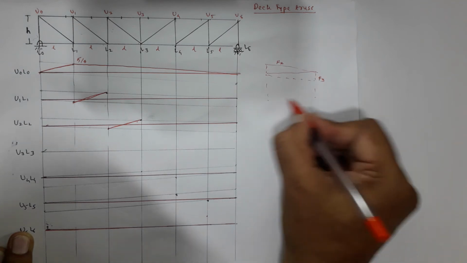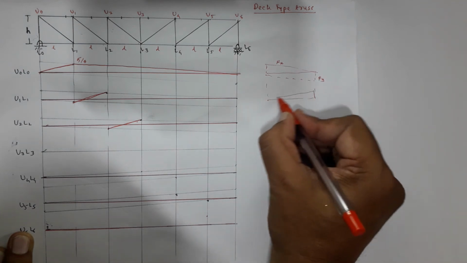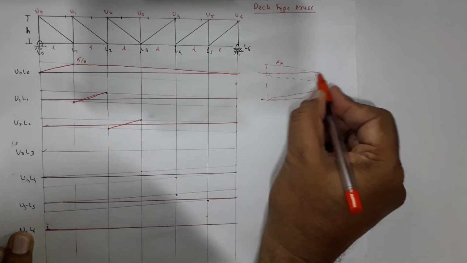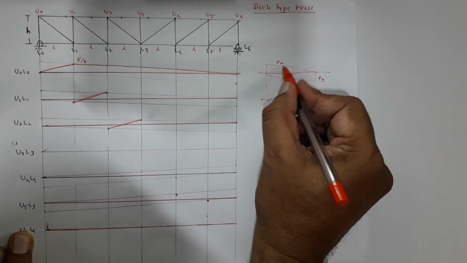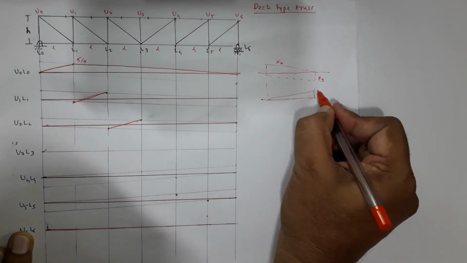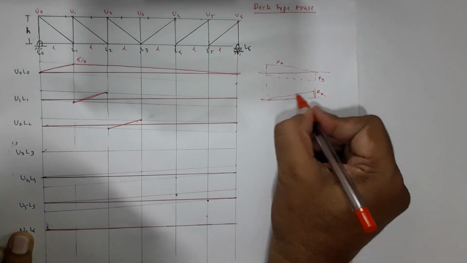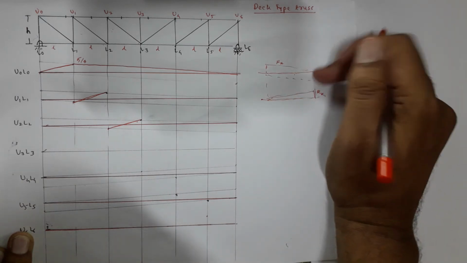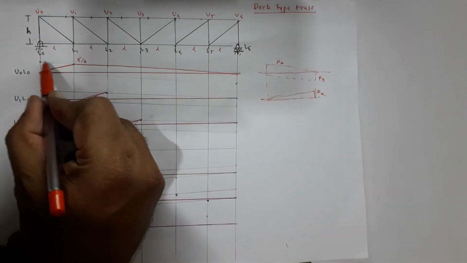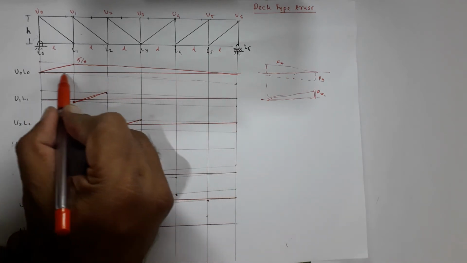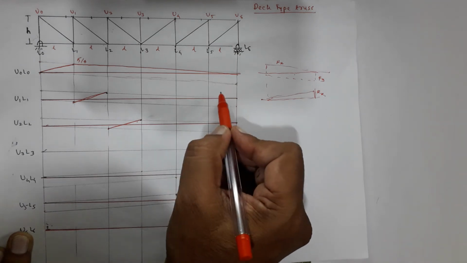Usually the ILD of RB is like this, that is on the above side of this baseline. If it is the baseline, RA I have plotted above, RB I have plotted below. Actual ILD for RB is like this, so I am just inverting this ILD for RB, and this is what I have shown. These are the two inclined lines which I have shown over here by means of faint lines.